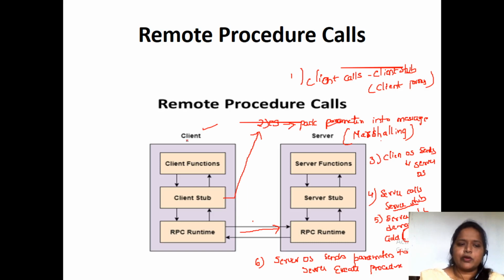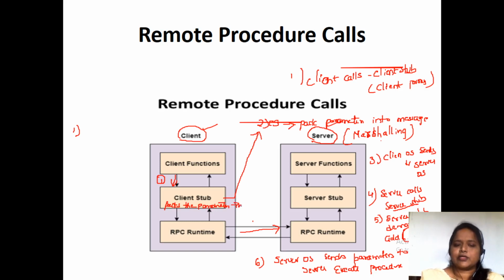So here we'll have the client, and here we'll have the server. The first thing is that this client function calls the client stub. And what this client stub is going to do is pack the parameters into a message.